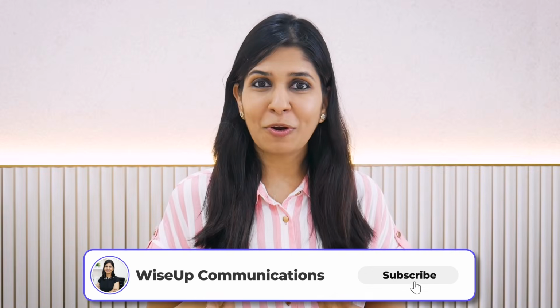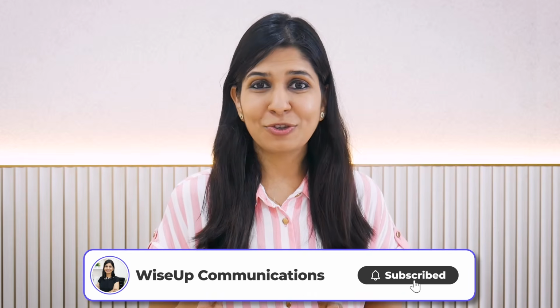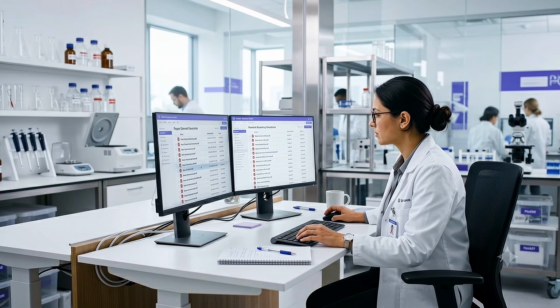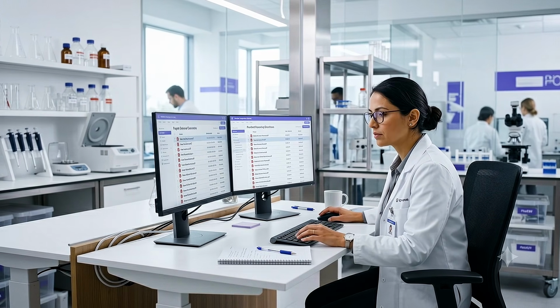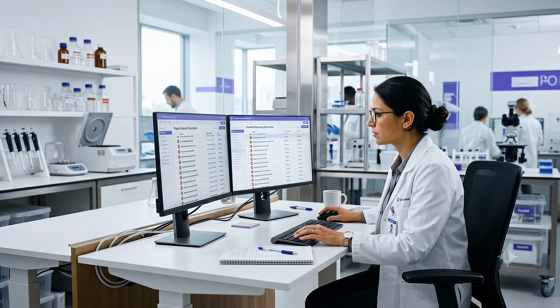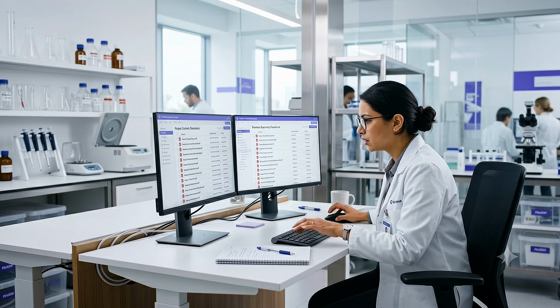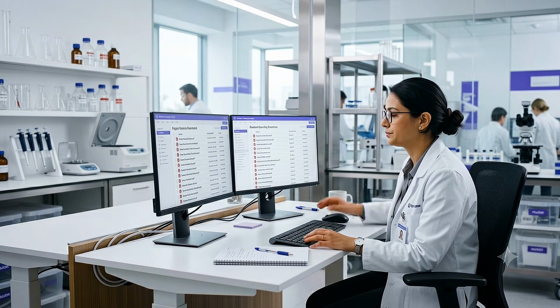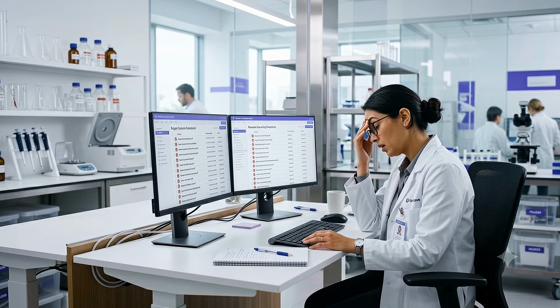Now, the third tool on my list, and the one I'm super excited to share with you, is Claude Cowork. Now, a lot of researchers have hundreds of PDFs sitting in their desktop, and uploading all of them on Zotero or any other online AI tool just to find a research gap seems like a lot of work that nobody has time for.